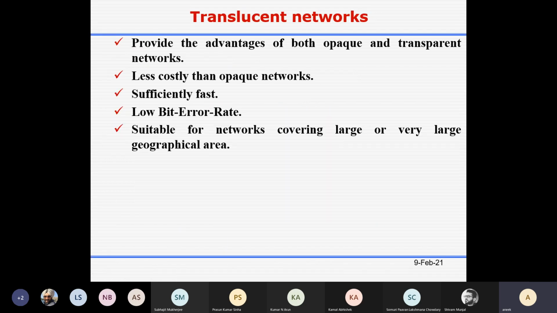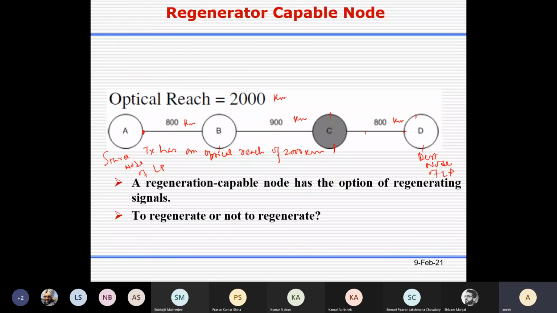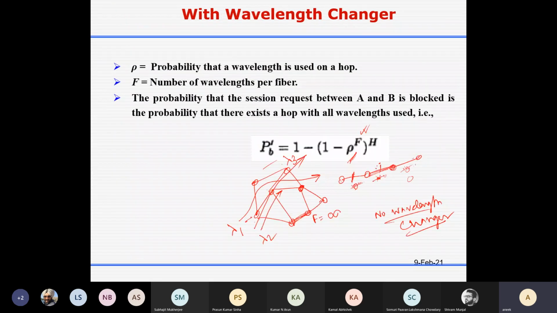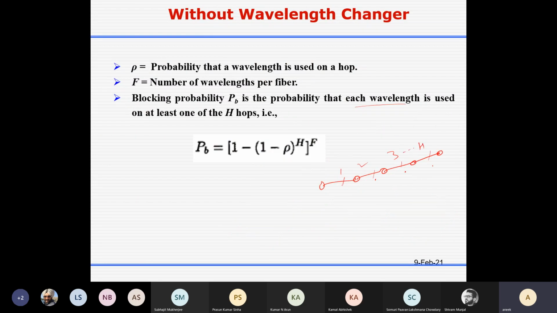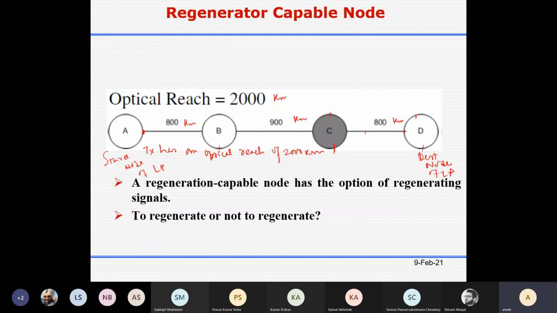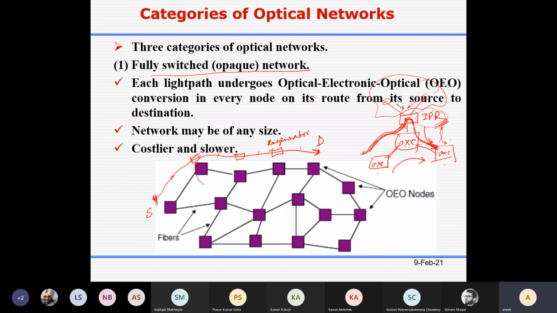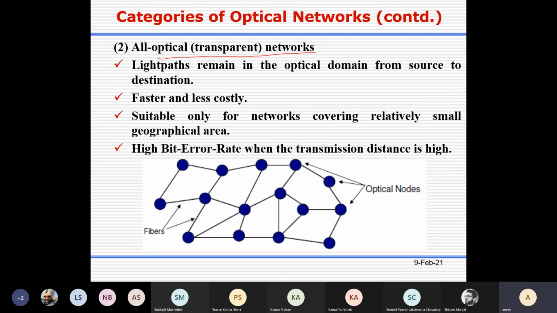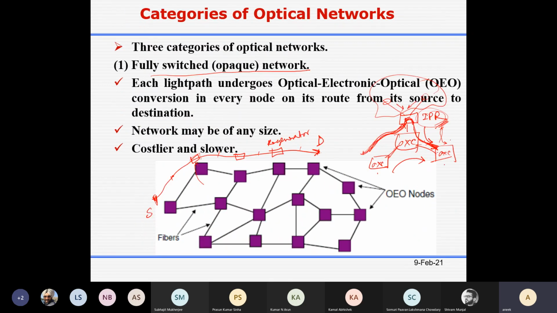Okay, so I think it is okay. What we discussed here is that first we discussed wavelength converter, then we discussed 3R regeneration. So regenerator placement problem will be an important issue in case of your translucent network. In an opaque network there is a limitation that at every intermediate node you have to go for OEO processing, even if it is not required. If it is not required, why unnecessarily use an expensive resource?